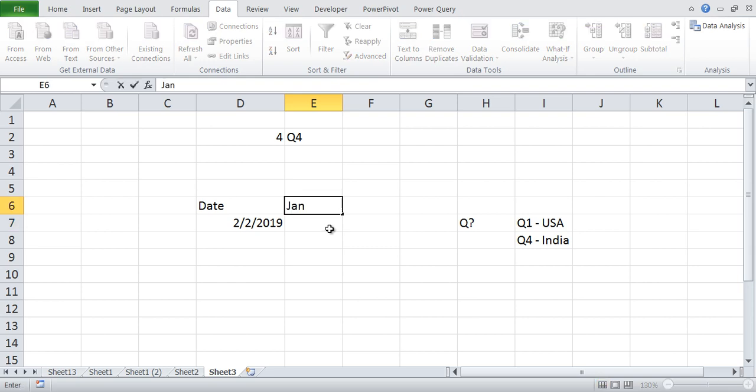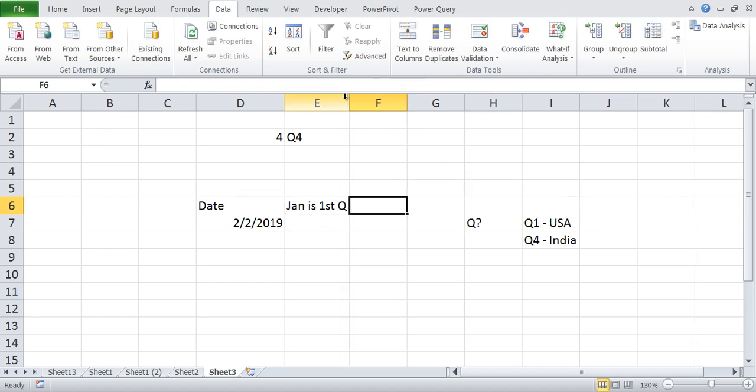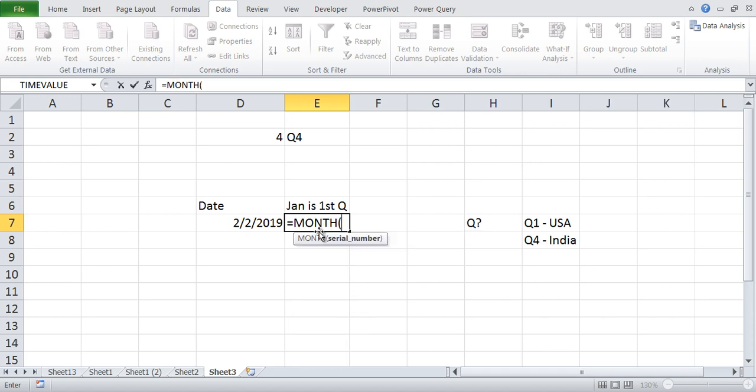What do we have to do? First we have to get the month from the date. So I have got the month as the second month. Now, when January is the first quarter, the sequence is like this: January is first, February is first, March is first.